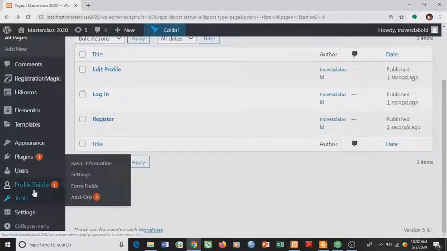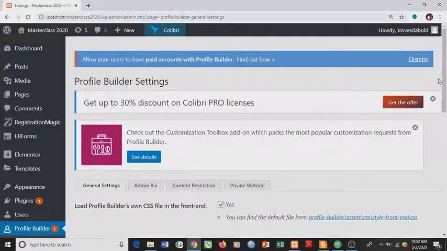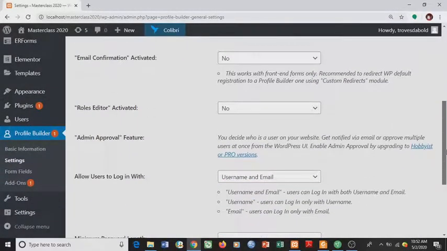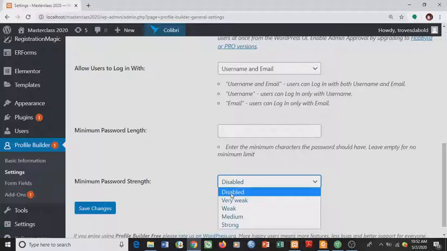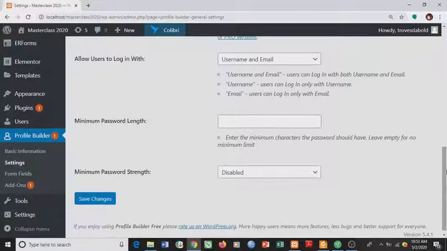We can go to the form itself, the profile builder. We can go to settings. We can edit. So this is the settings. You can come here and edit. You can even set the minimum password length you want your users to use, which we know that default is always 8. Then minimum password strength, that is, you want your users to input passwords that have great strength. You can enable this, or you disable it. You can set it to very weak, medium, or strong. When you set to strong, it will require the user to input passwords that have at least alphabet, numbers, a capital